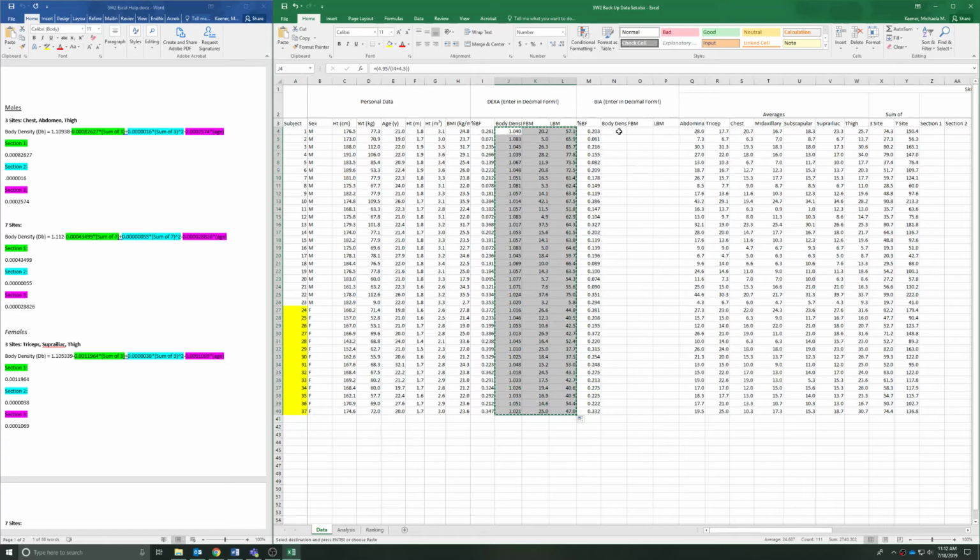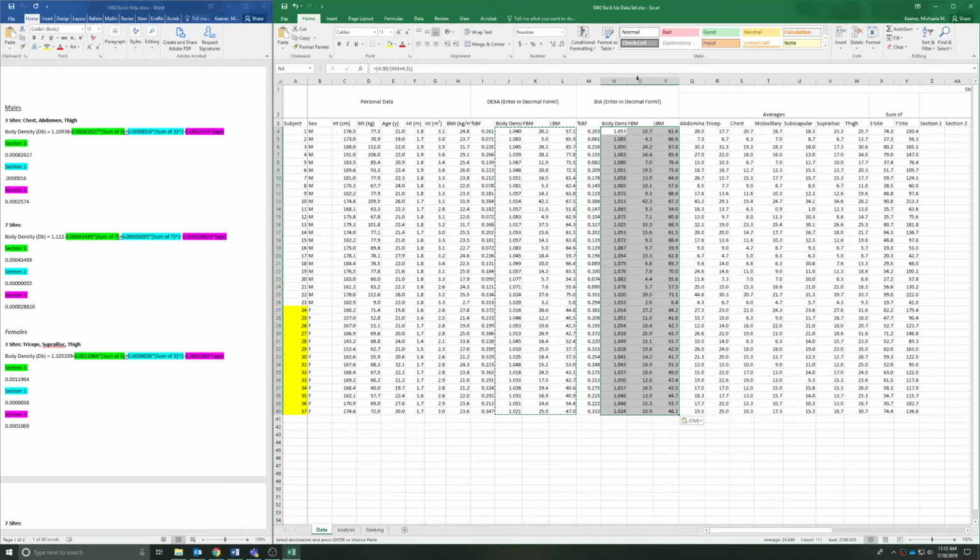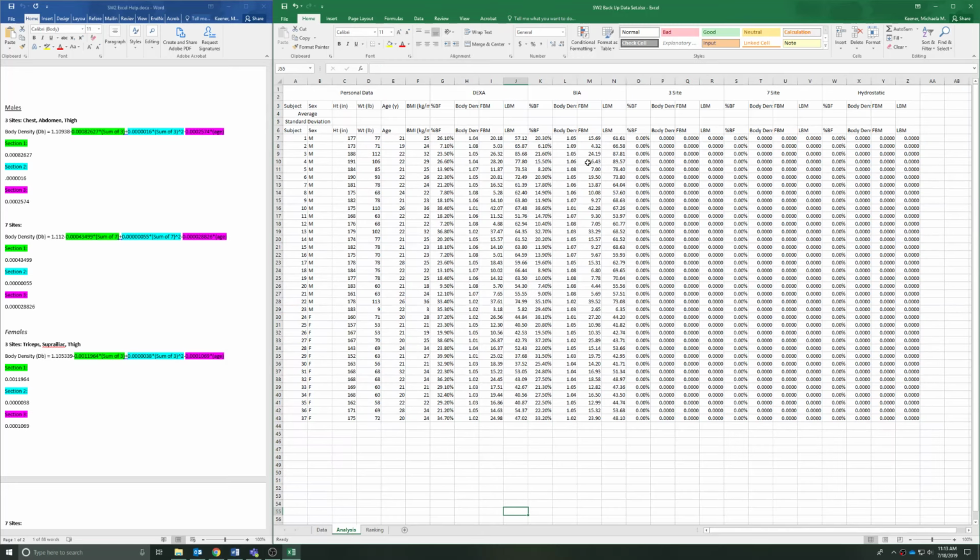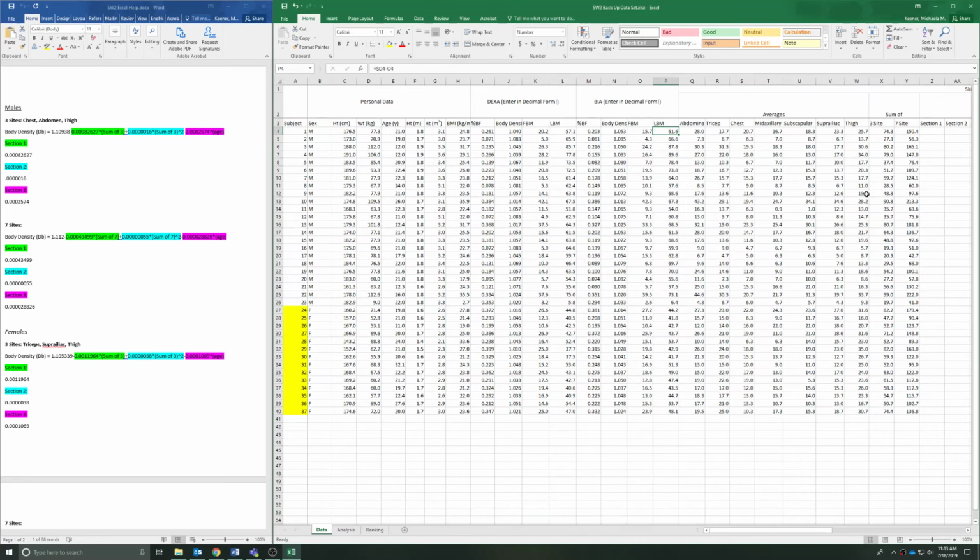Now I'm going to highlight these body density, fat body mass, and lean body mass. And I'm going to just paste it over here. You see the numbers change. If I click on this, it shows that it's still holding that weight. Escape to get out of it so you don't accidentally screw up one of your calculations. And we have these values. And so if I go over, you can see these numbers are starting to auto-populate like they should be. So going back over,